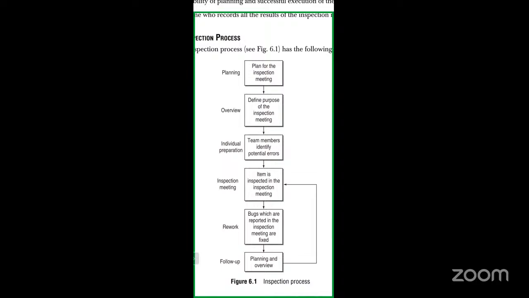And then you will be going for an inspection meeting, right? In the meeting we will be discussing all the aspects that are related to that particular product. So the item is inspected in the inspection meeting. In the inspection meeting, everything will be discussed, and after discussion,